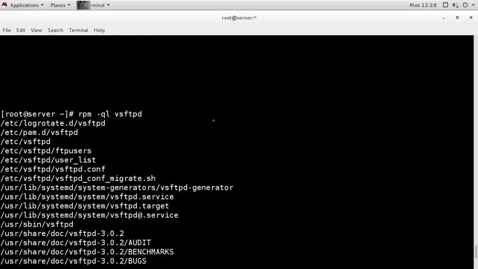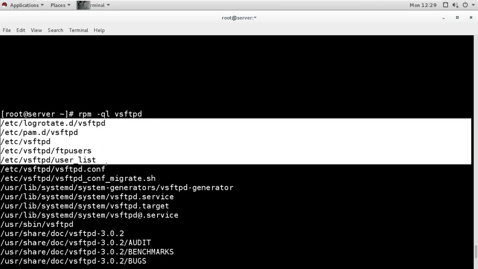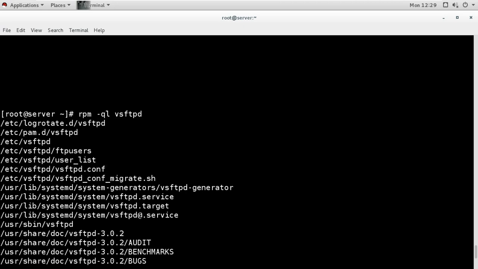First, under the etc directory, we have all the configuration files. These are all configuration files, but this is the main configuration file. This file is important for configuring the FTP server. That means any configuration we want to do in the FTP server, we can do in this file.